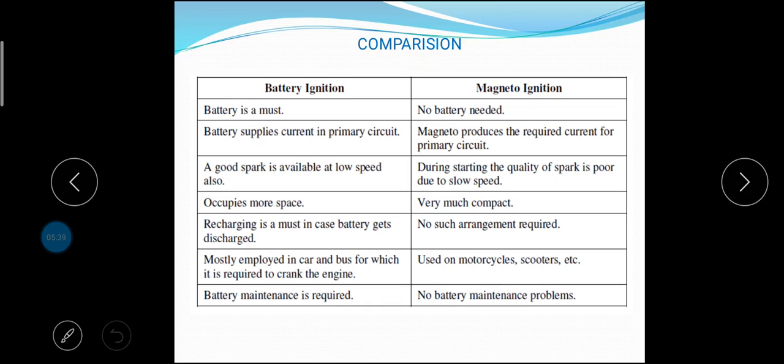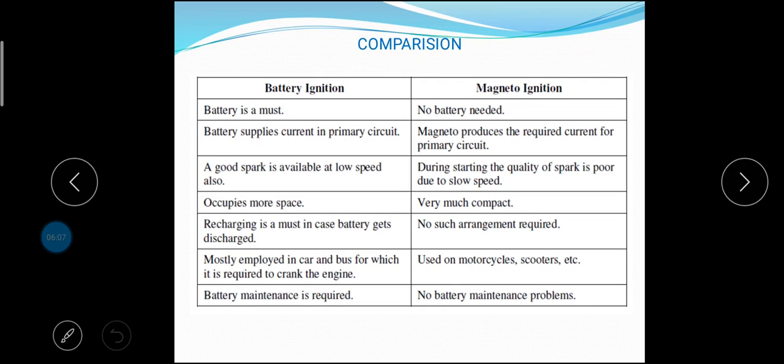It is also very reliable, therefore it is used in racing cars, military vehicles and scooters and motorcycles where lightness, space and reliability are the main considerations irrespective of cost. The wiring involved in the coil system is more complicated than magneto ignition and there is more likelihood of defects occurring in the system. The wiring in magneto system is highly simplified.